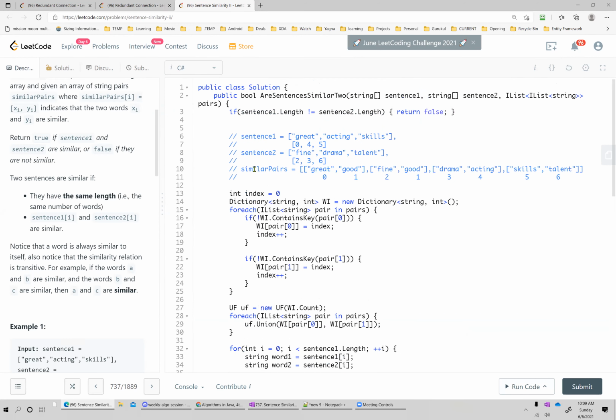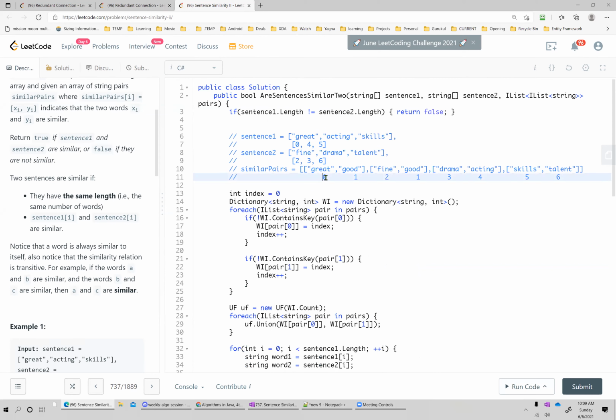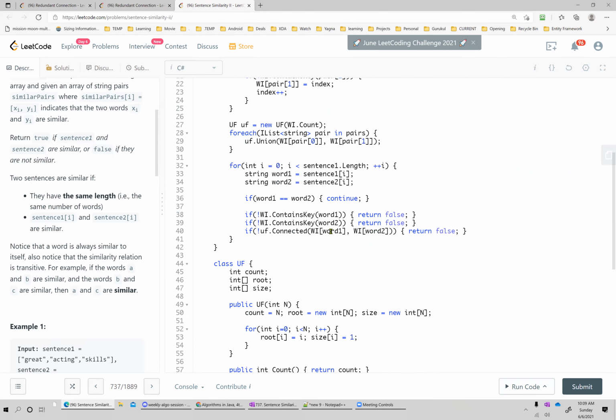If we haven't seen that word, it is not part of similar pairs anyway, so I'm returning false, saying that the sentences are different. Or at the end, if both are not similar words, that's why I said not connected. I am passing the indexes I created, 0, 1, 2, and if those are not connected, then I am saying it is false.